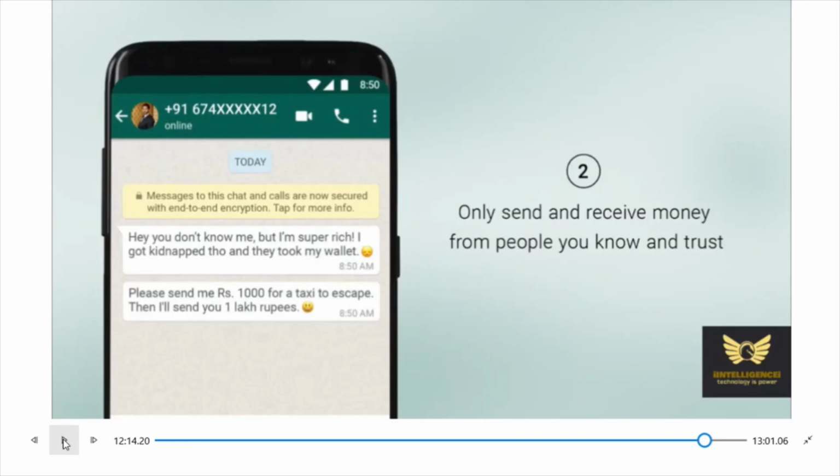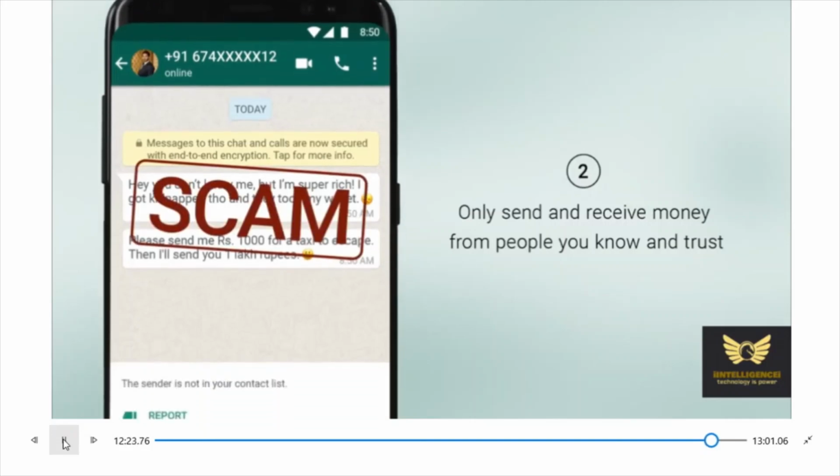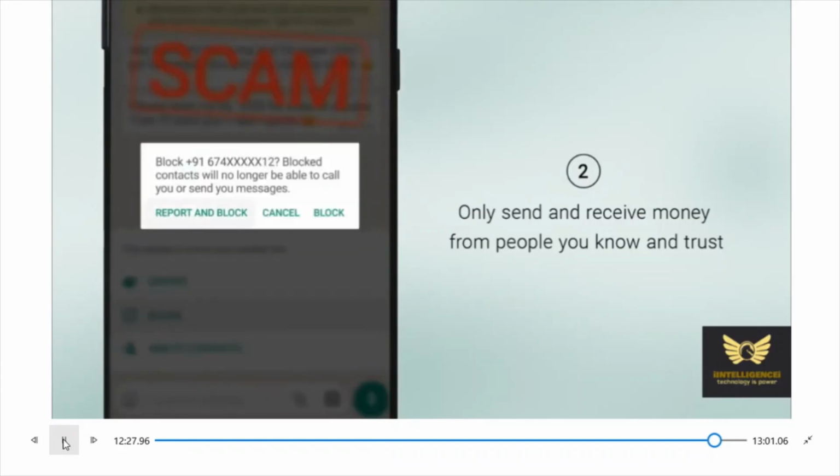Please send me 1,000 for a taxi to escape, then I will send you 1 lakh rupees. Don't respond to such messages. Only send and receive money from people you know and trust. It's a scam. Block, also report.